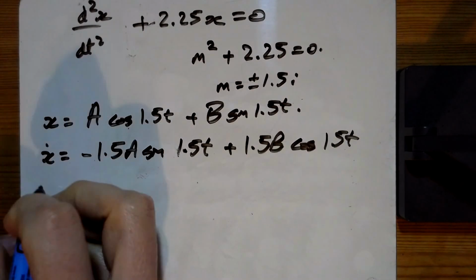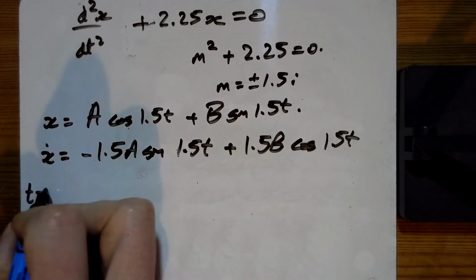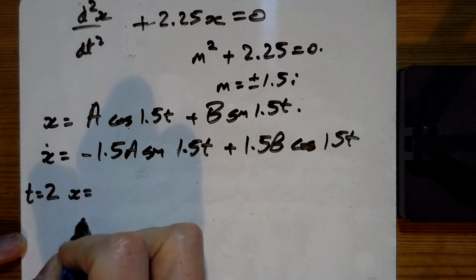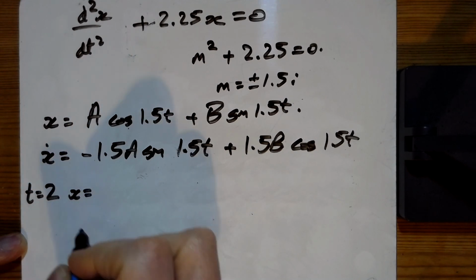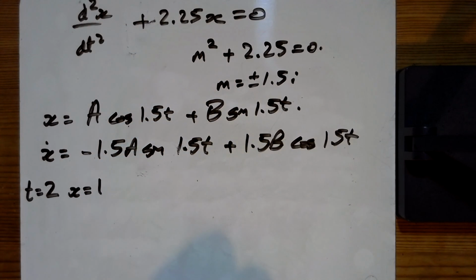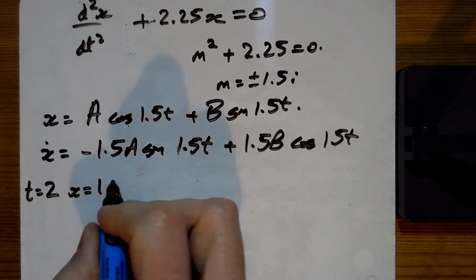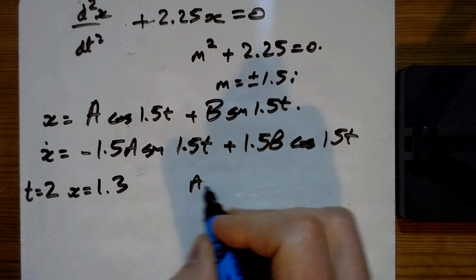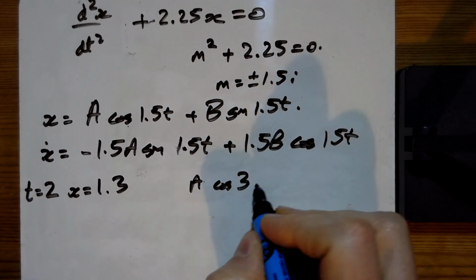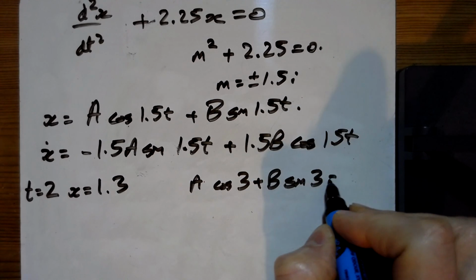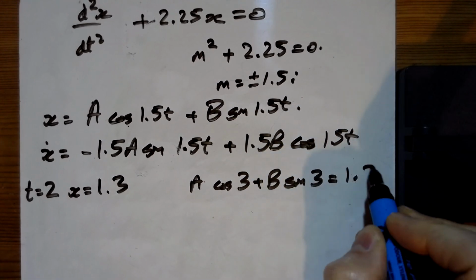And what are we told? We're told it's not t equals 0, it's t equals 2. X is equal to, what does that say? T equals 2, x equal to 1.3, is it? Yeah, that's not an easy one then, is it? So stick the 2 in there. So we've got a cos 3 plus b sine 3 equals 1.3,